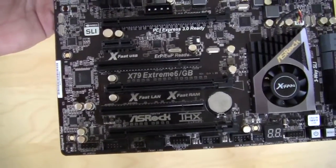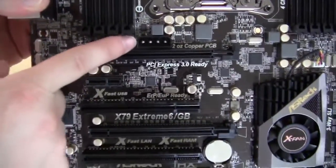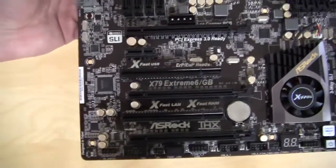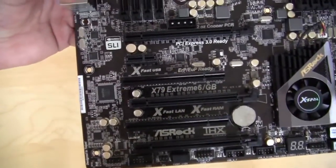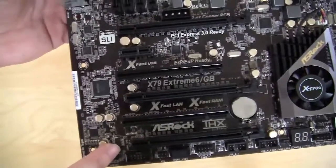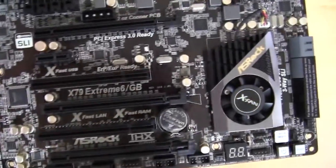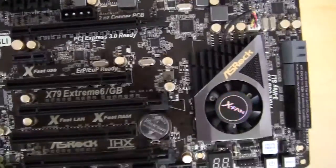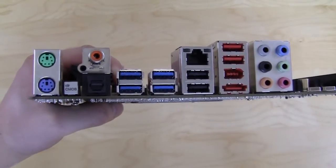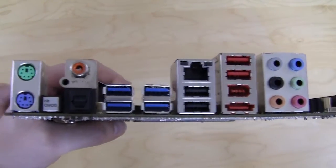Now, if you need extra power for these slots, there is a Molex connection right there. I would have liked to see a SATA connector somewhere, maybe on the side over here, but they do not have that. Also, if you're running more than 2 video cards, the top 2 will always run at 16x, and the third one will always run at 8x. Also to note, there is a cooling fan here on the X79 chipset chip right there, and of course a large heatsink. Taking a look at the rear panel on the motherboard, you do have 2 PS2 ports right here,